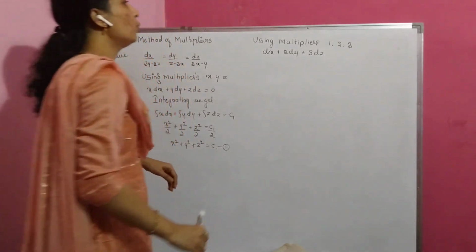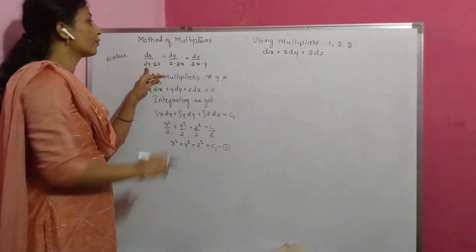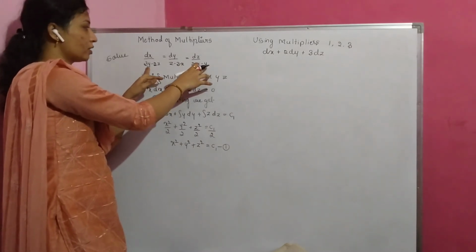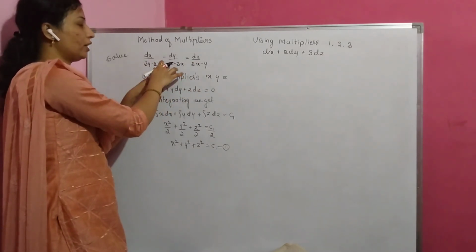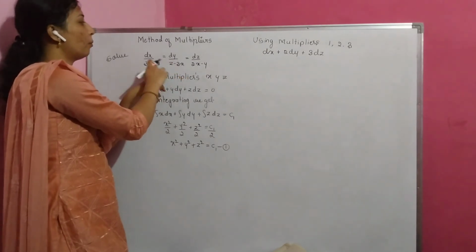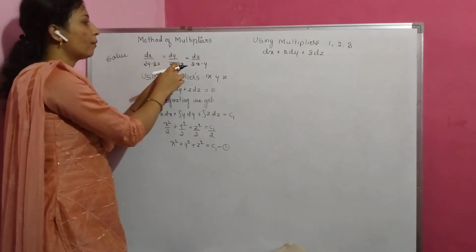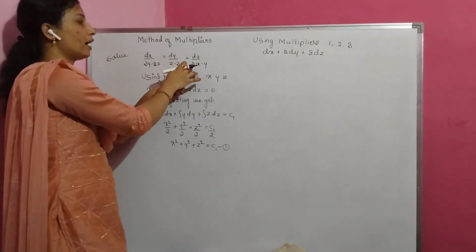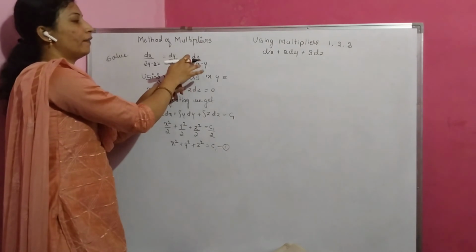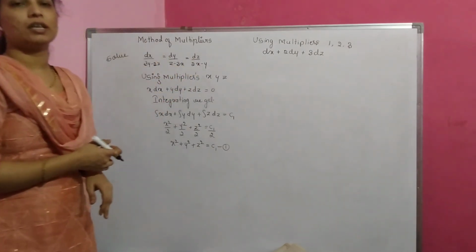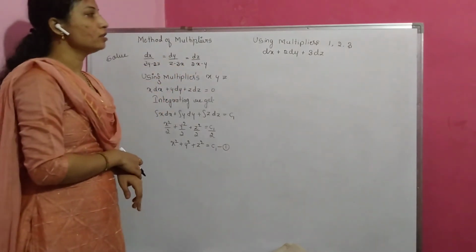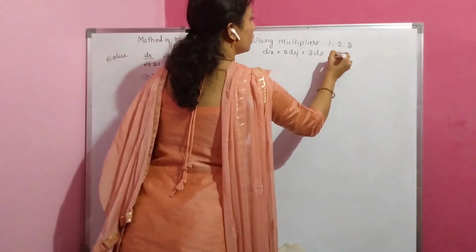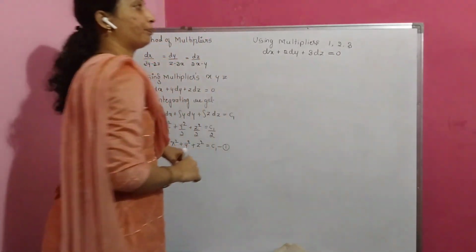Using multipliers 1, 2, 3, here it is multiplied by 3, so it is minus 3yz, which gets cancelled. And here it is minus 2z, and this term is multiplied by 2, so minus 2z plus 2z gets cancelled. And here we have 3x into 2, that is 6x, and here it is 3 into 2x, that is plus 6x. Minus 6x and plus 6x get cancelled. So the denominator part becomes 0. That can be written as is equal to 0.